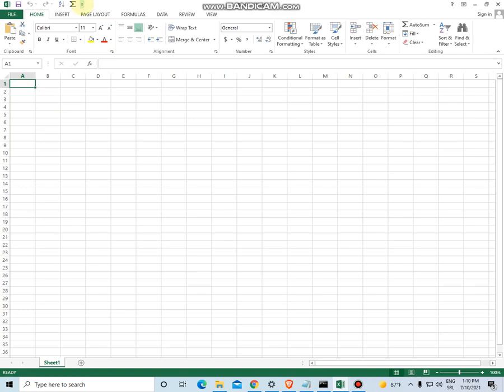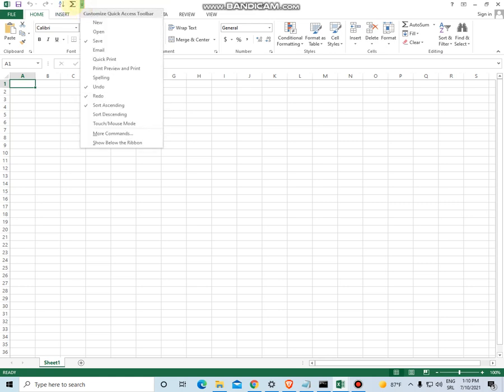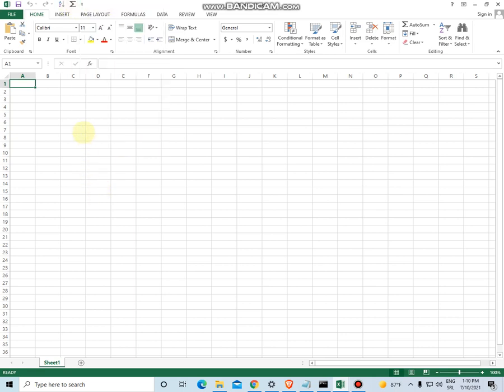For example, someone will most often work with auto sum function, and yes, like me, you can put this command here. This is very useful to fasten your work with data.